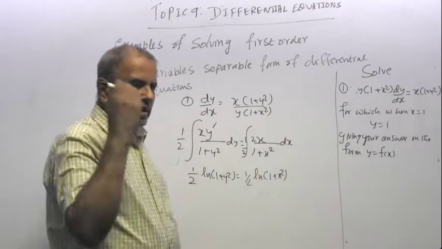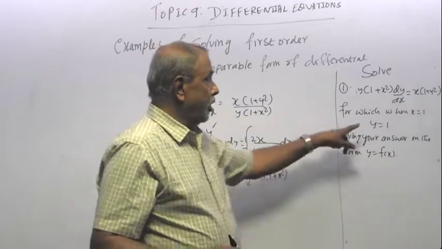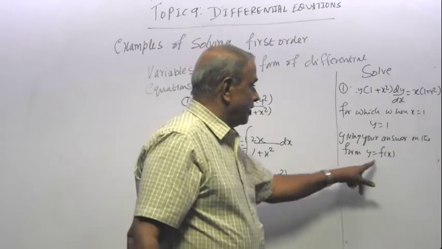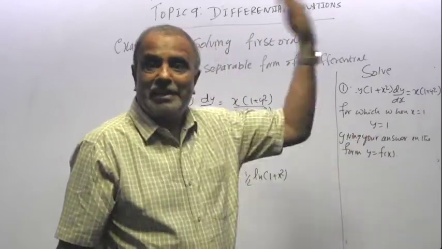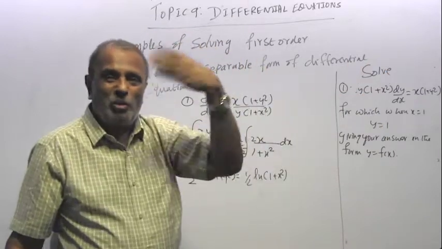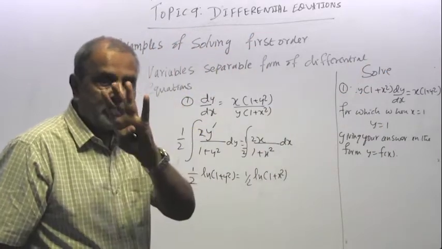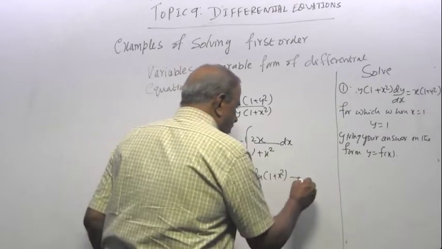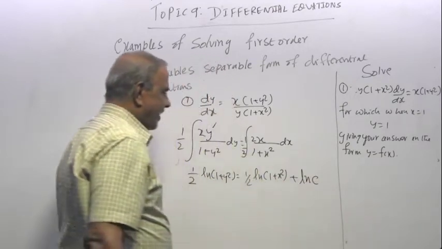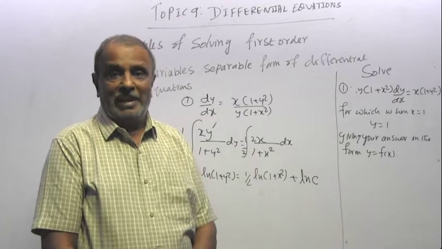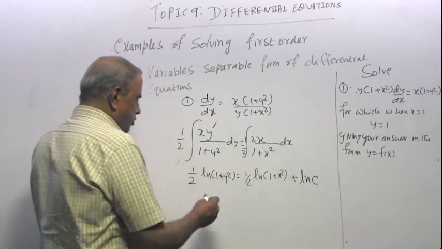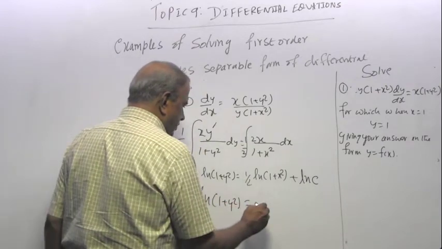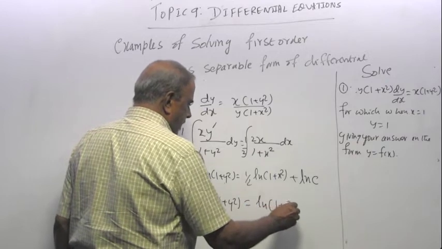This is where we have to use common sense. We have been given initial values. You got an ln, right? And they want it in the form y equal to f of x. I got an ln, so I have to get rid of the ln. This is a common sense rule, no hard and fast rule. Whenever you have a log of a y function, call the constant ln c instead of c. Makes life easier, as you will see. Multiply through by 2, I get ln 1 plus y squared is equal to ln 1 plus x squared plus